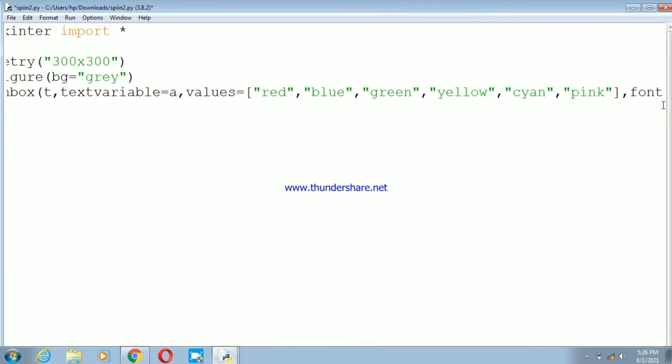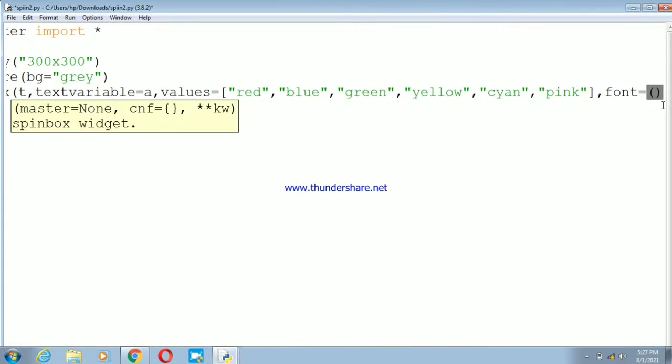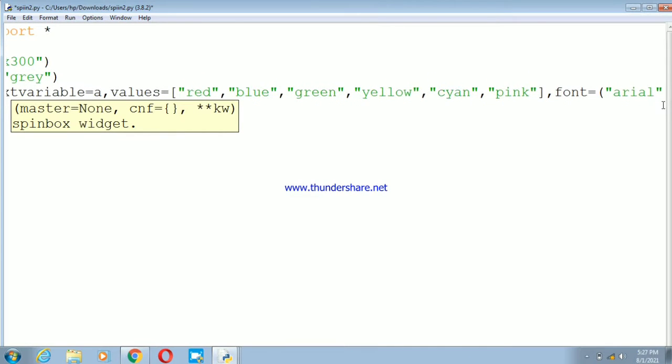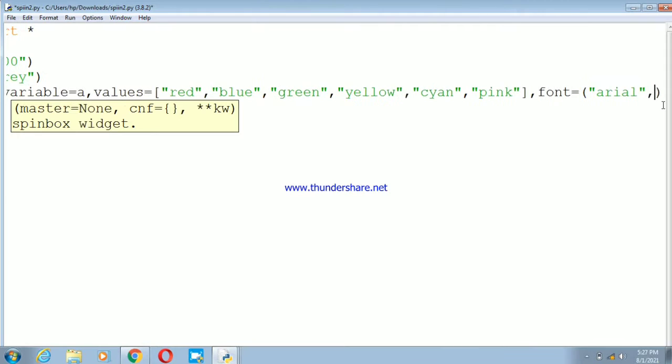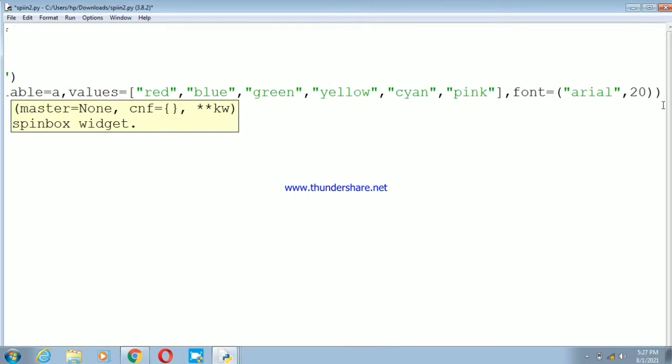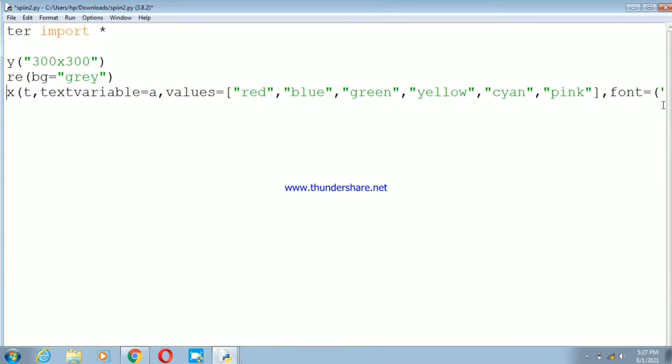You can define any font style, and we are defining the font equal to Arial, and then we are defining the font size. Font size is 20. So this is the basic Spinbox widget that we are creating over here.